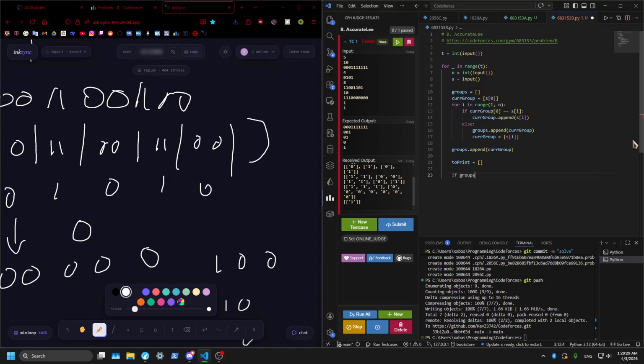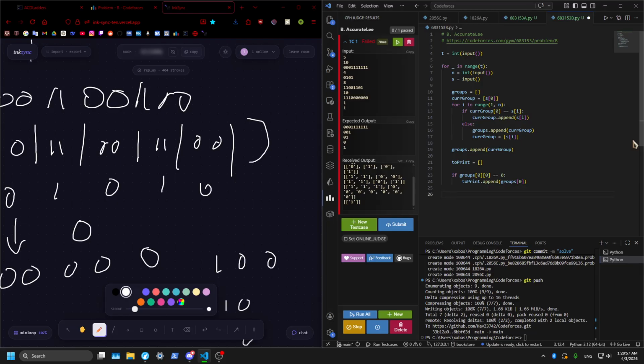If groups 0, 0 equals 0, to print dot append groups 0, and then